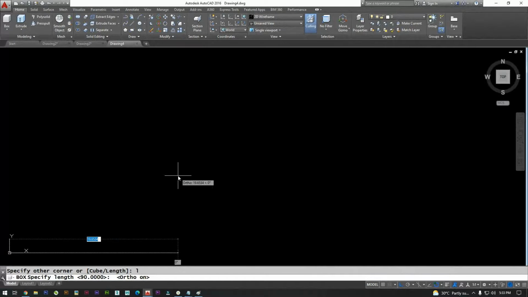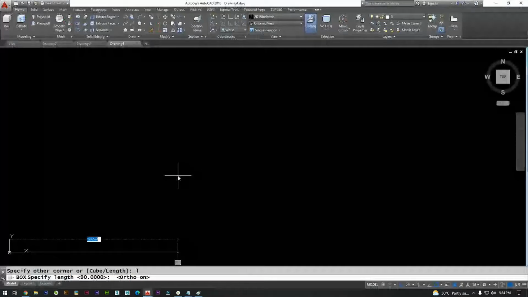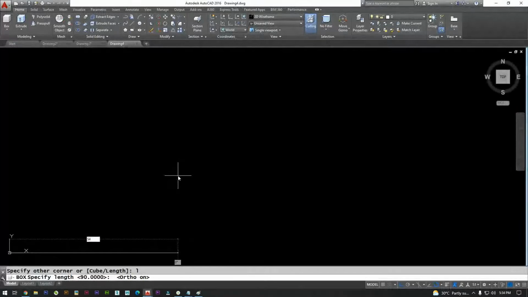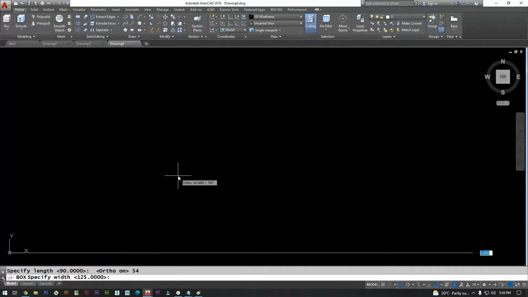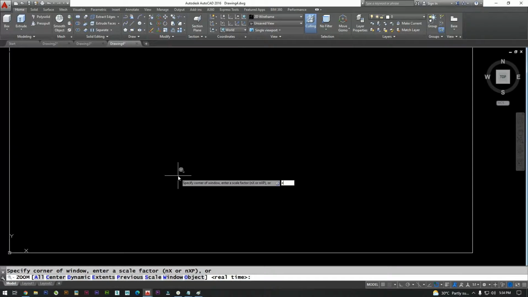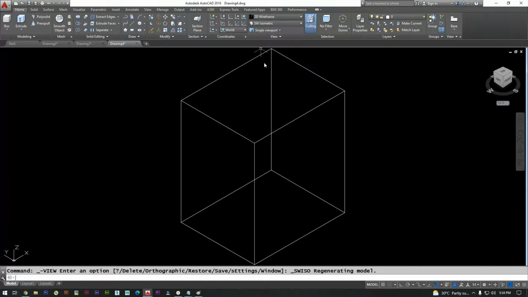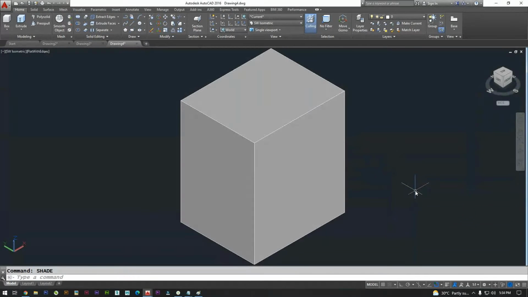So here the length is 54, the width is 44, the height is 63. Southwest. We have the drawing something like this.